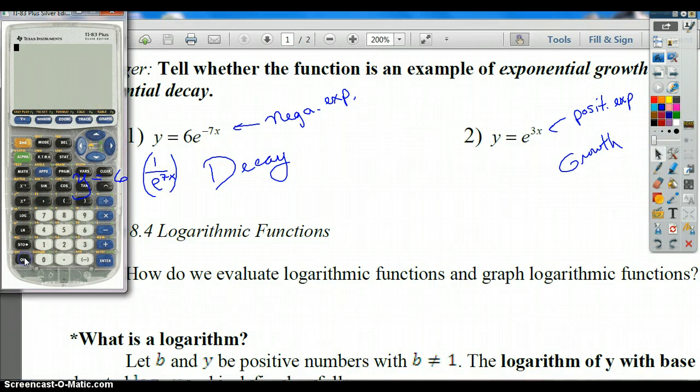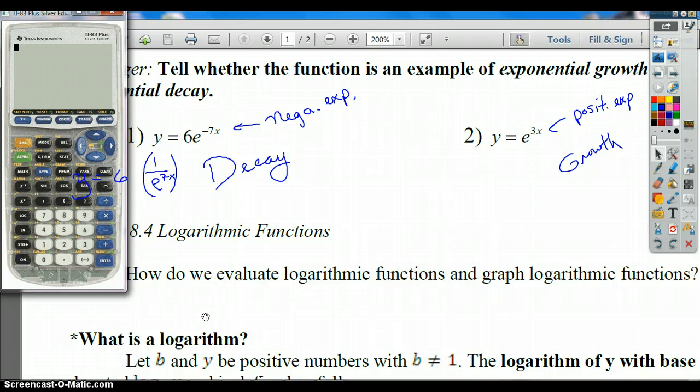For example, if we take a look at just the first one, I'll let you do the second one on your own. It's the second natural log, and that's the negative 7x. If I graph that, clearly it's going to be decay. If I zoom in a little bit better, you get a better look at it. This is decay here. So I'm going to zoom standard just to get that back to normal, close this out,